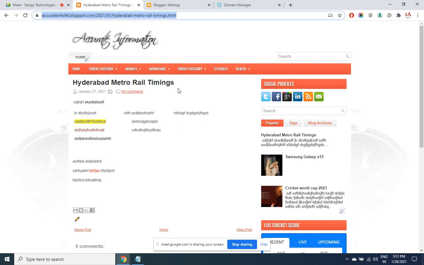All the addresses will automatically change. What about the visitors you were getting on the old domain? They will get automatically redirected to the private domain. So you are not going to lose any visitor. Even with the old address, as it gets automatically redirected, people will get to know that the domain address has been changed. Next time they'll directly hit the private address.